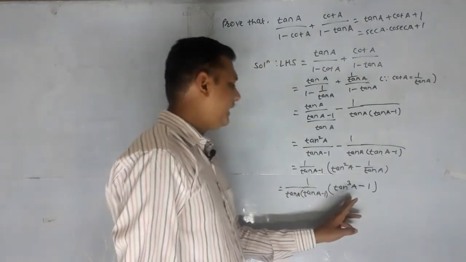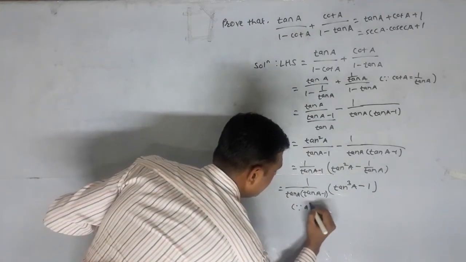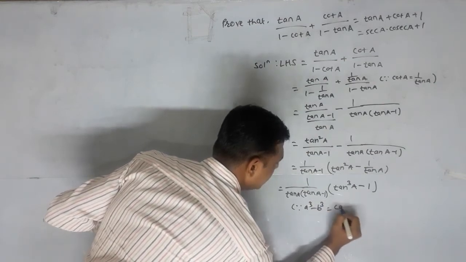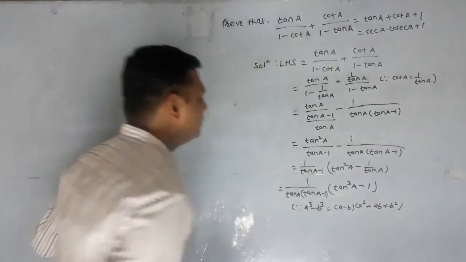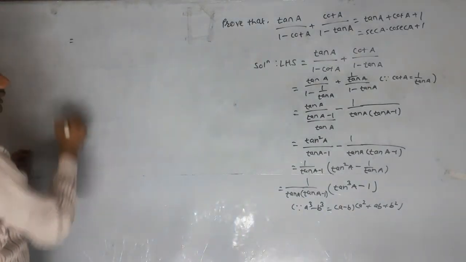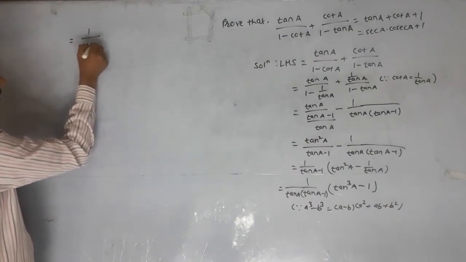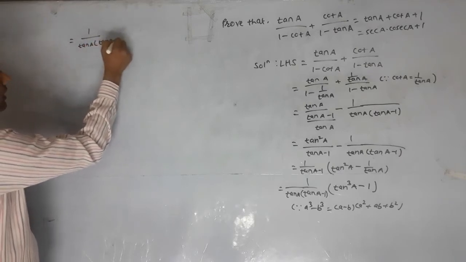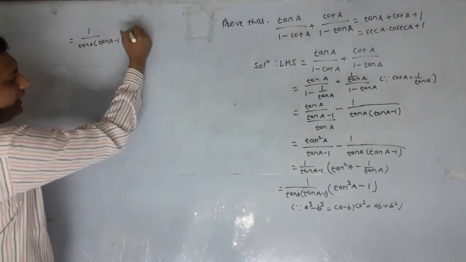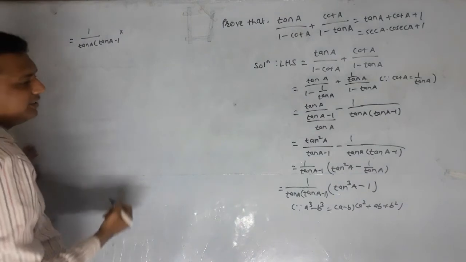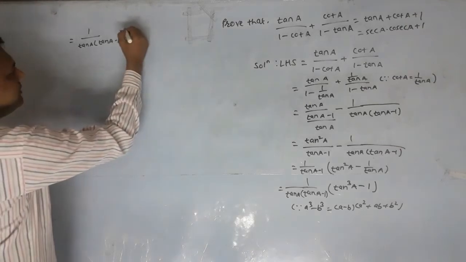So solve this tan cube a minus 1 by using the formula a cube minus b cube, since a cube minus b cube is equal to a minus b, a square plus ab plus b square. So this is equal to 1 upon tan a into tan a minus 1 into tan cube a minus 1. So a cube minus b cube, we apply that formula. So a minus b is